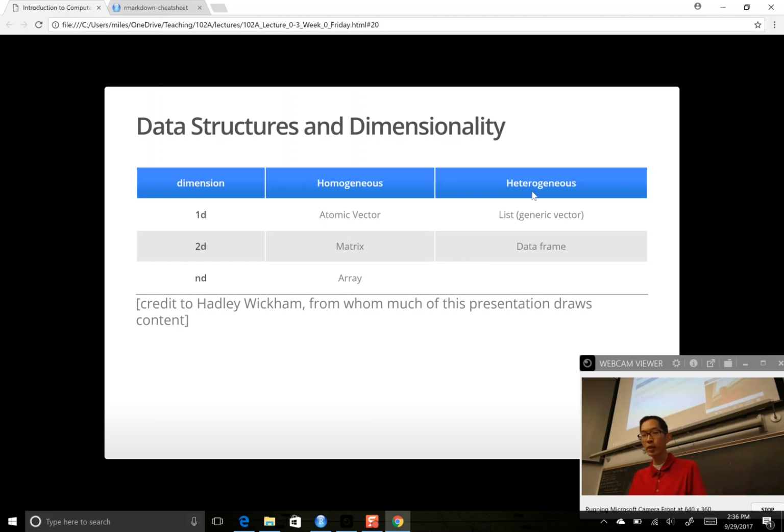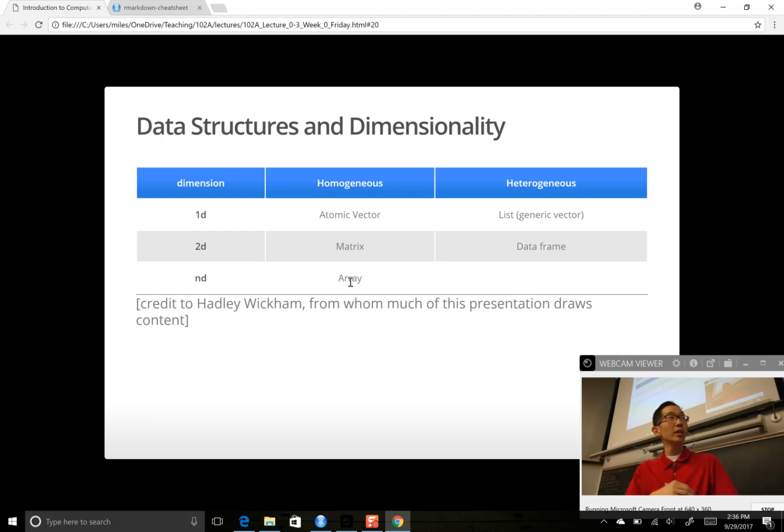Those are primarily the four main data structures that you're working with. And if you want things of higher dimensionality, you have also the array. Okay, there's other kinds of data, but these are probably the ones that we use most frequently in R. Okay, so atomic vectors and lists are one-dimensional. So things you can just think of kind of a line of values, and then the matrix is kind of a rectangle of values, and the data frame is also a rectangle